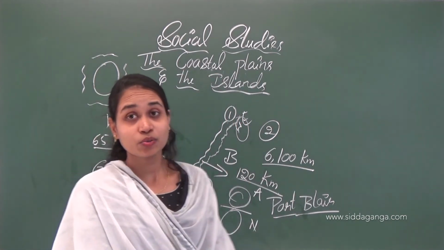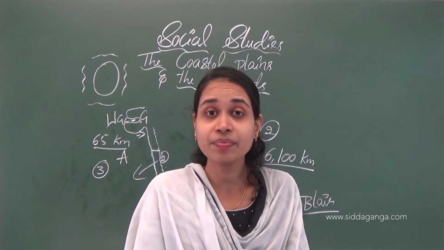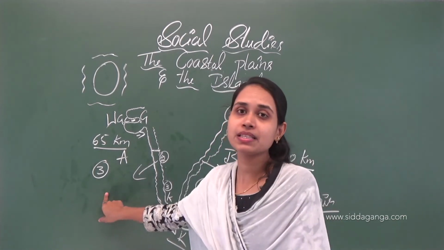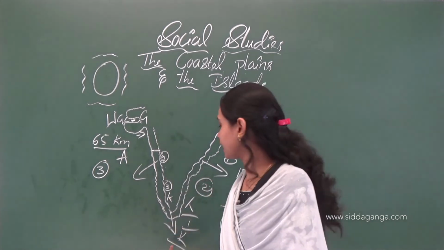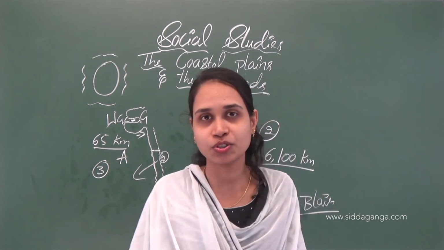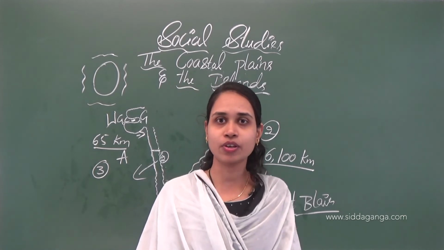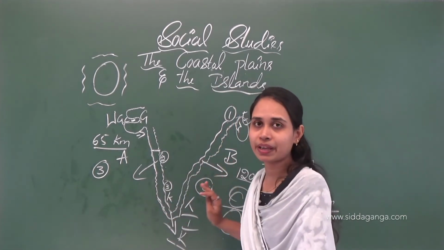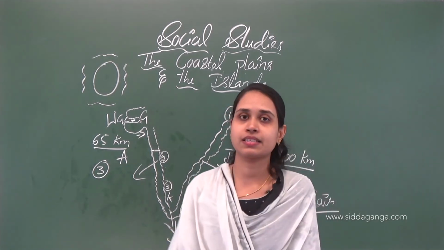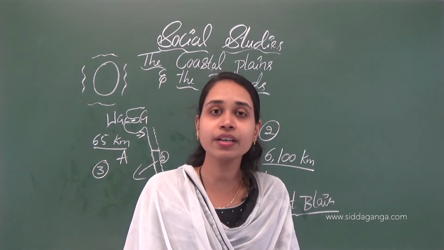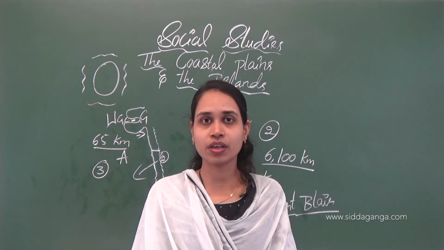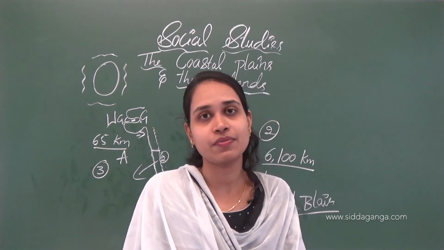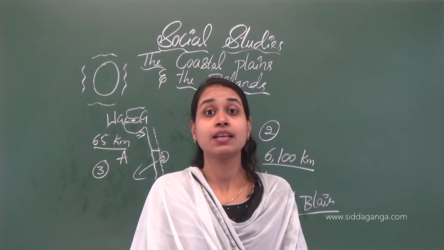I have given simple tricks here to understand the seas now. A, B and I. A for Arabian Sea, B for Bay of Bengal, then I for Indian Ocean. You can easily understand. So here in the west part we can see the Arabian Sea, in the east part Bay of Bengal, and in the south part, Indian Ocean. So Lakshadweep Island we can see in the Arabian Sea.